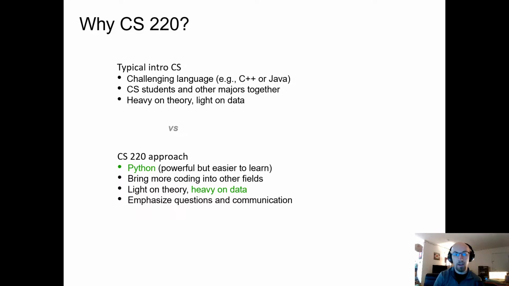And it's very heavy on the theory and not so much on the data. In this class, we're focusing on the data and less on the theory, so practical applications using Python. We're going to be doing a lot of coding in this class, so there'll be plenty of live coding examples. It's not always going to be me up here lecturing to you, but rather you working alongside with me on some problem. And we're going to emphasize questions and communication. So in the next couple of slides, we're also going to talk about the different platforms available for you to get help.